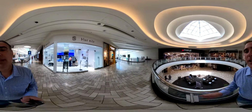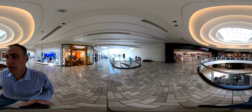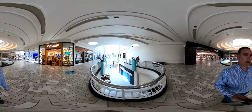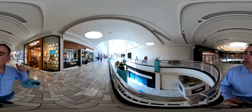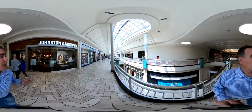Now we're in the original section of Tysons Mall. So we'll come around this way over here, and then we'll loop back around and we'll finish the tour over there. Then we'll start the downstairs. You can see that